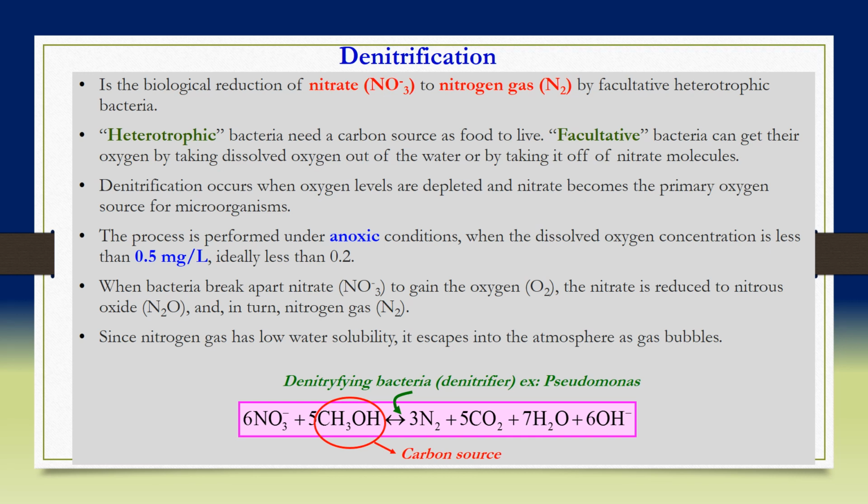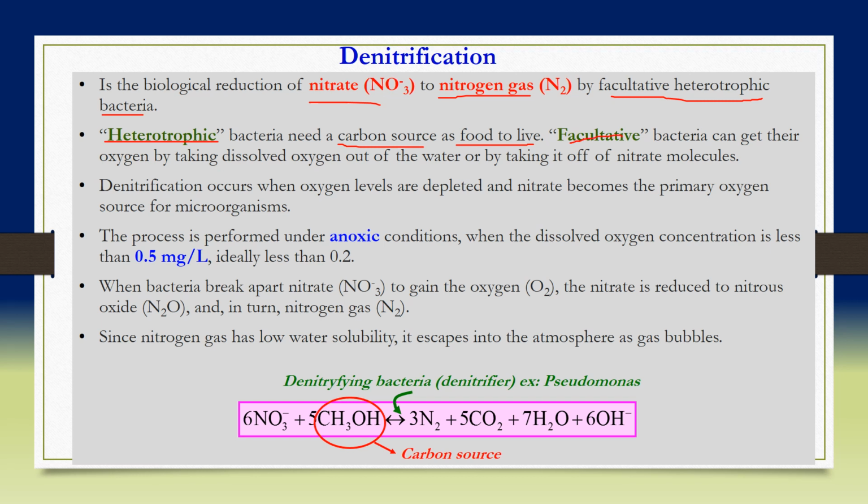So denitrification is the biological reduction of nitrate to the nitrogen gas by the facultative heterotrophic bacteria. So heterotrophic bacteria ni need a carbon sources as a food. Heterotroph tadi kita dah cover kan. So dia memerlukan carbon sources as food to life. So facultative bacteria